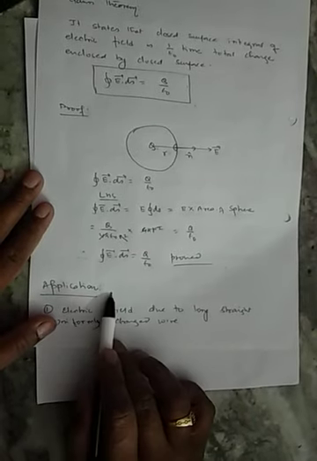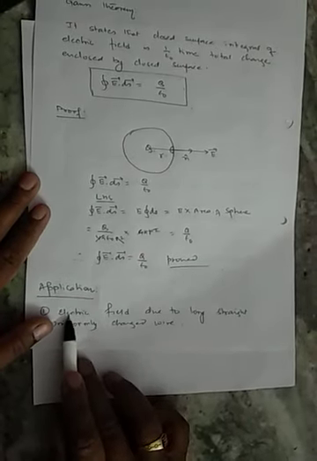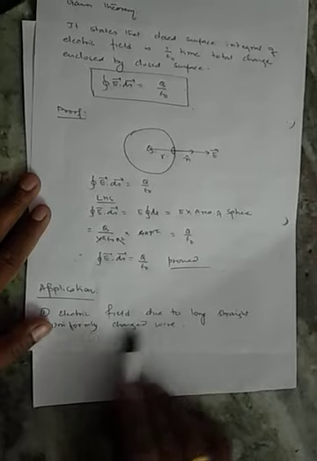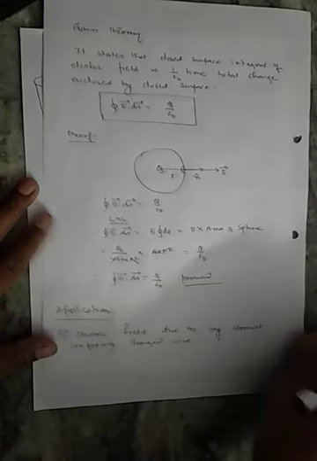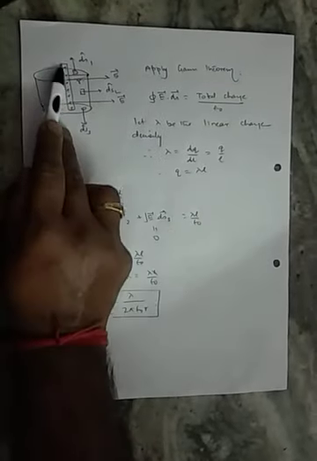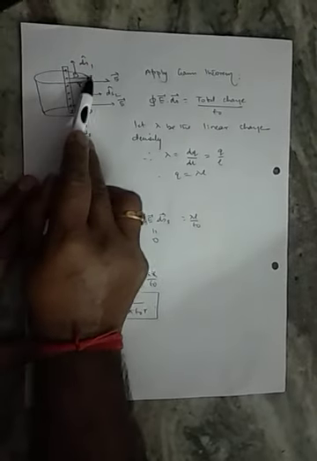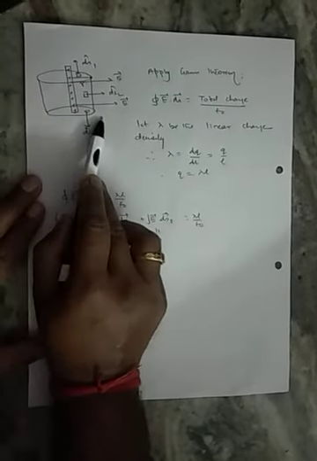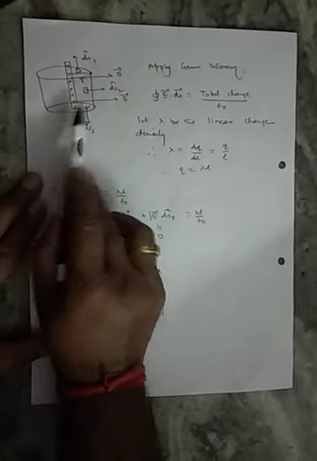Today only I discussed the application also. Here we are calculating electric field due to a long straight uniformly charged wire. So we are taking a charged wire here. Since this wire has a uniform distribution of charge, right? Here quantization rule doesn't take place. So I have taken a wire which is uniformly charge distributed, and I am enclosing the wire fully using a cylinder of length L and radius R. We are applying Gauss theorem here.